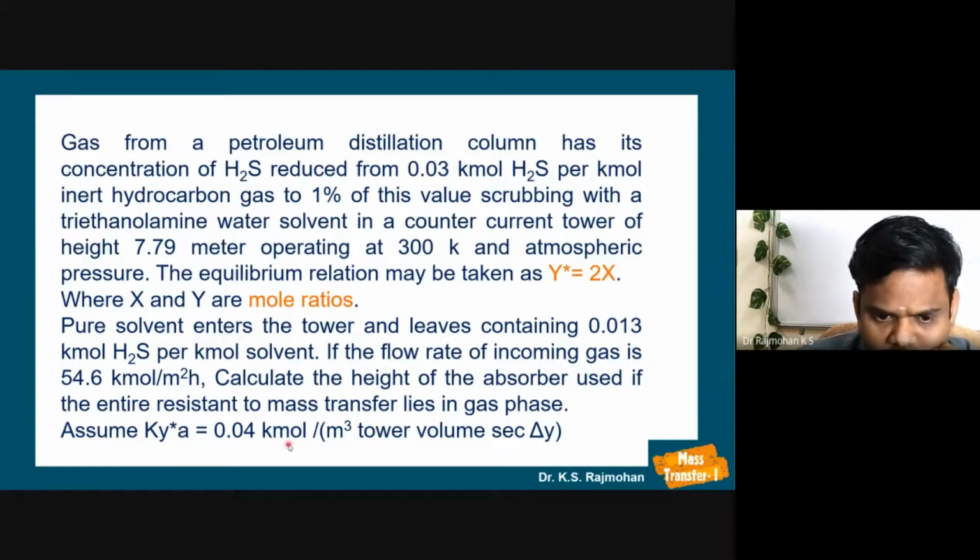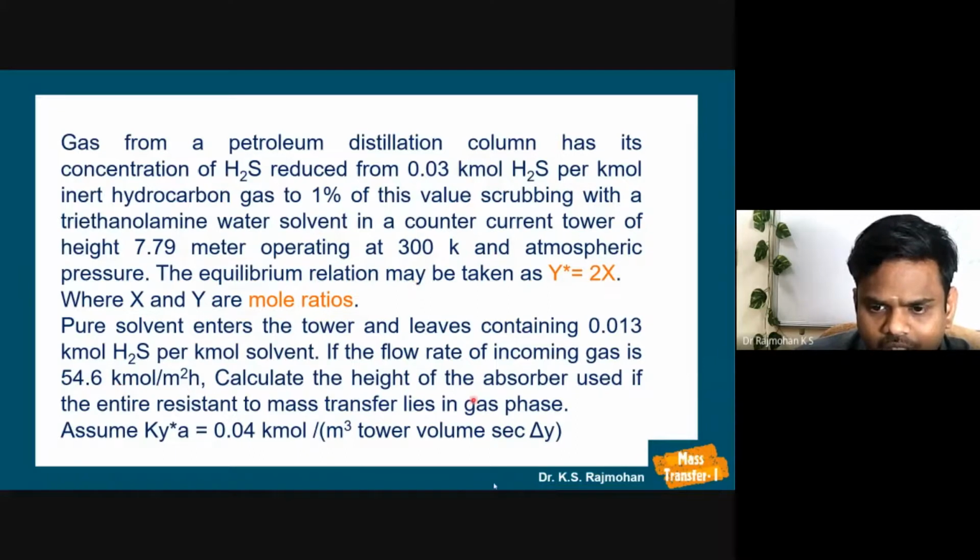Assume Ky·a is equal to 0.04 kilomoles per meter cube tower volume second delta Y, that is mole fraction. So the data is given here, and this equilibrium relationship is given. What we have to do is determine the number of transfer units. Once we find the number of transfer units and the flow rate is given,